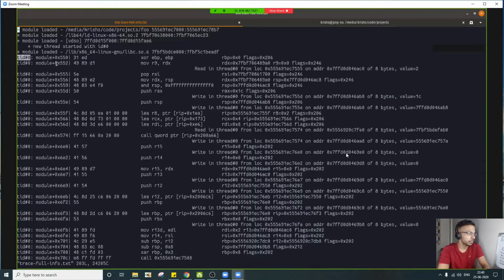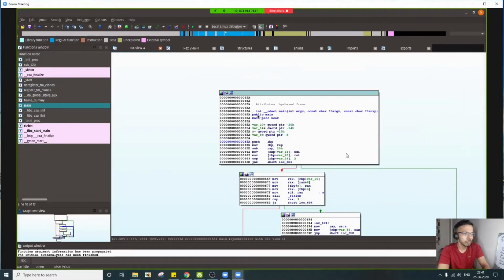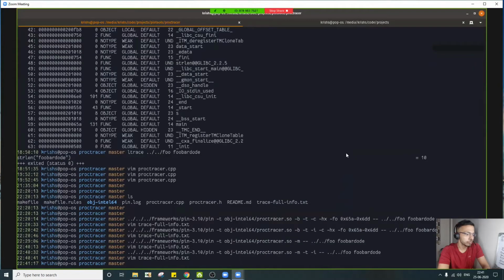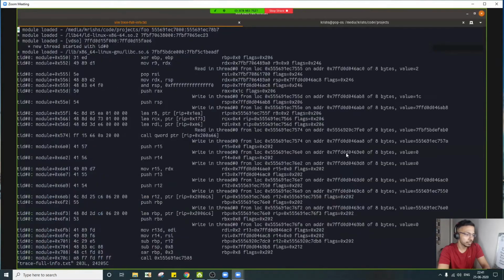We need to understand which thread is executing the current function. Since it is main, thread zero is the only one doing it. Right now what we have seen is 5A0. Sorry, the offset. We haven't provided any offset, that's why it has traced everything.